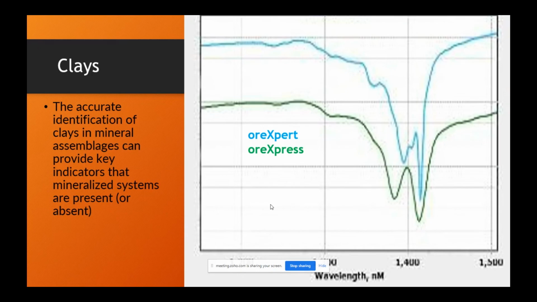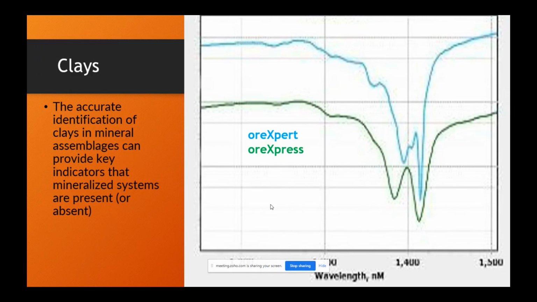So mapping of alteration zones can actually provide very useful information, and these can indicate vectors to even undiscovered economically viable deposits. So for example, where low sulfidation assemblages might include illite, montmorillonite, and sericite, high sulfidation assemblages might include